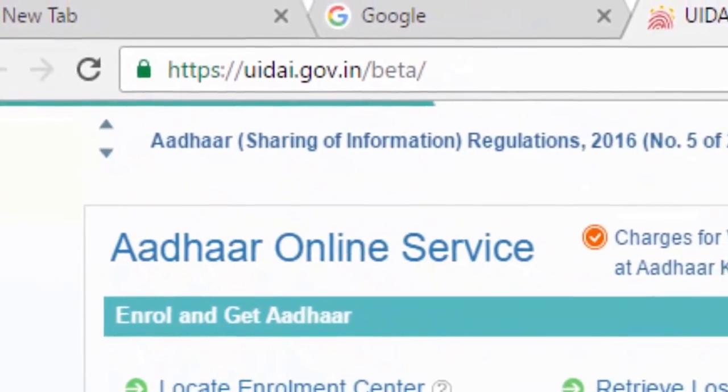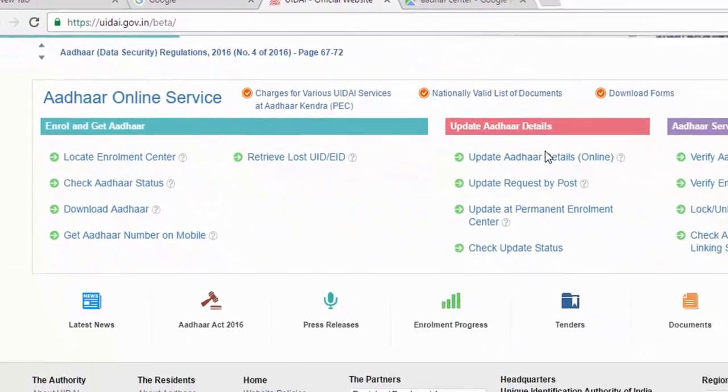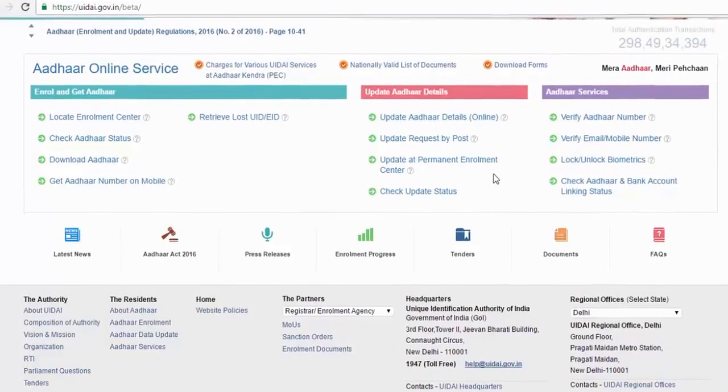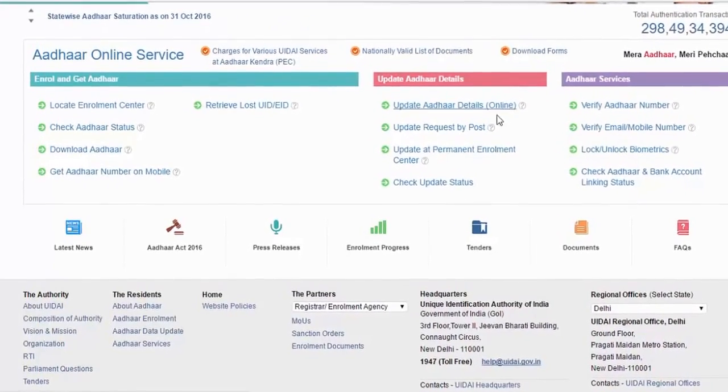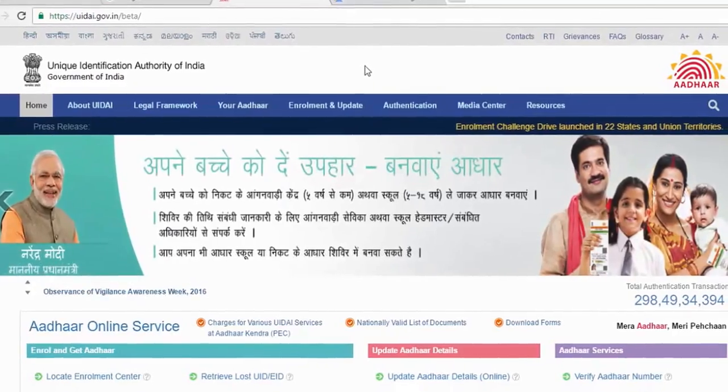This is a government site. On this site you can check your Aadhaar card updates and everything, and you can also update your Aadhaar card address. To log in to this website through your Aadhaar card, your mobile number should be updated. If your mobile number is updated, you'll get the OTP and you can log in. If it is not, you can go to your nearby Aadhaar card center.